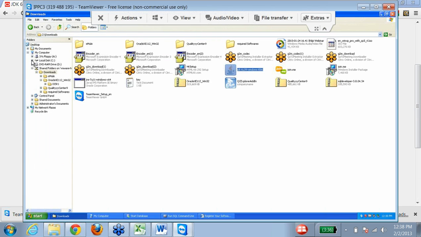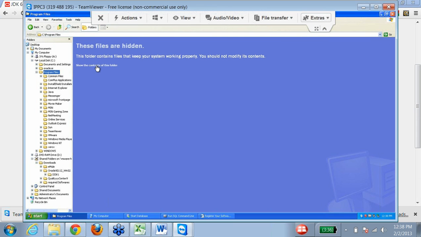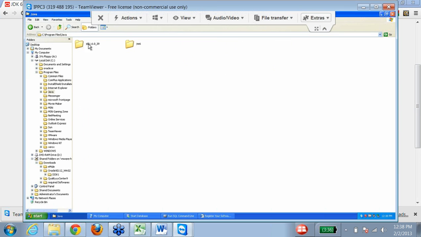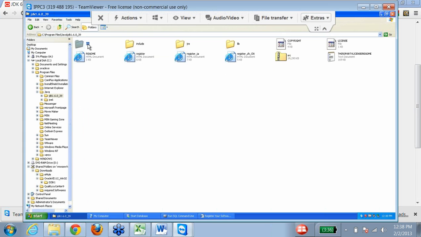JDK is generally installed in C:\Program Files\Java\JDK 1.6\bin.